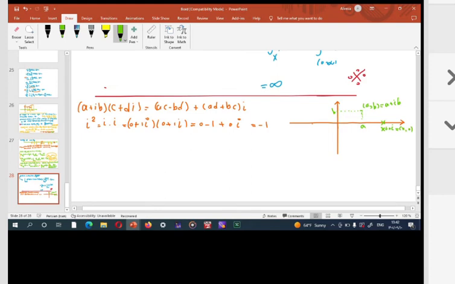We identify (x, 0) with x, so that any real number is a complex number, and we have this inclusion. These are real numbers as a subset of complex numbers. Okay,